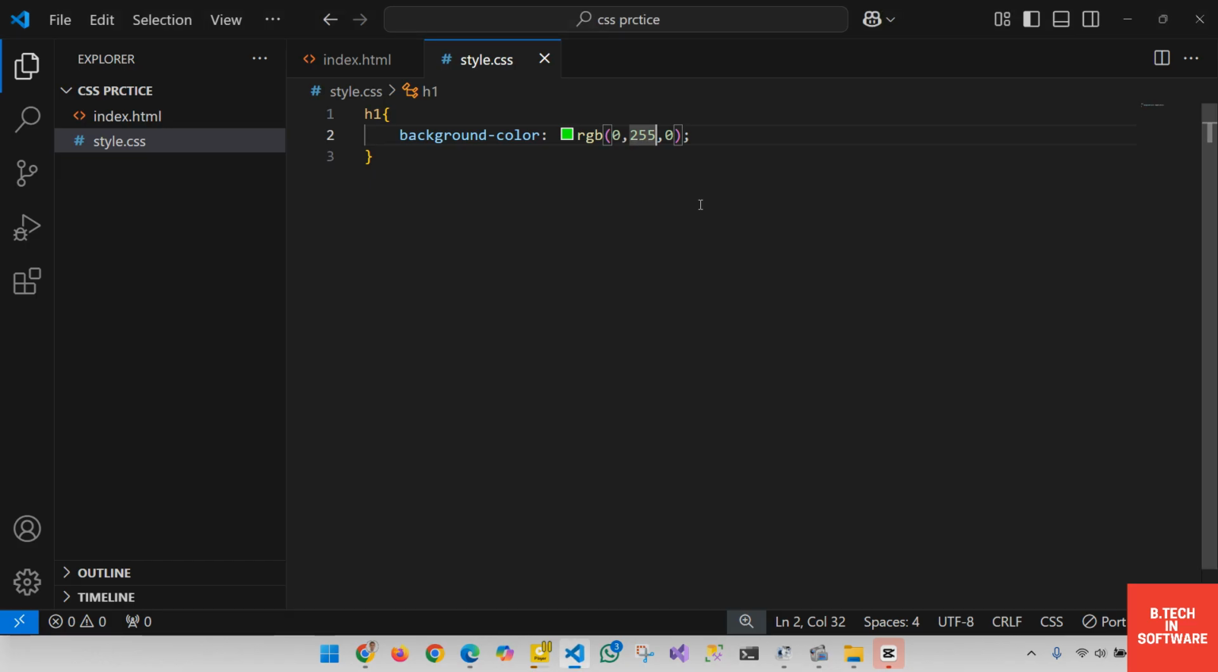And then if we make the last value 255, we will get blue color. That's how you can give colors by using RGB values. Now we can have many ranges by changing these values. Let's say 90. There are so many values we can give by using the RGB